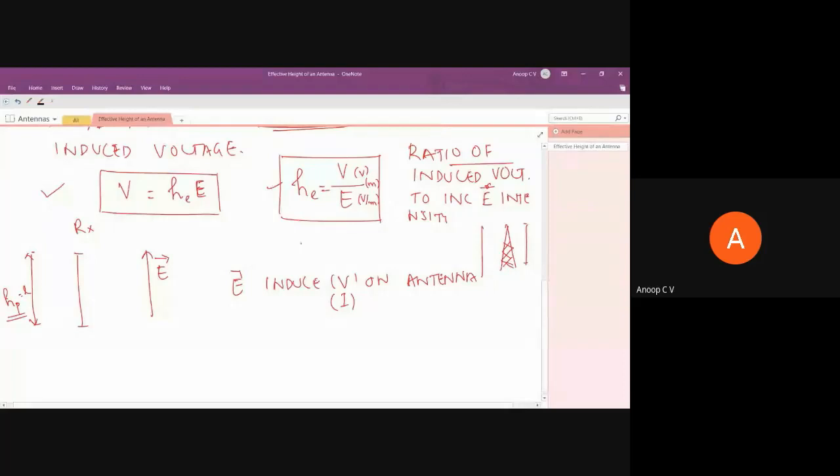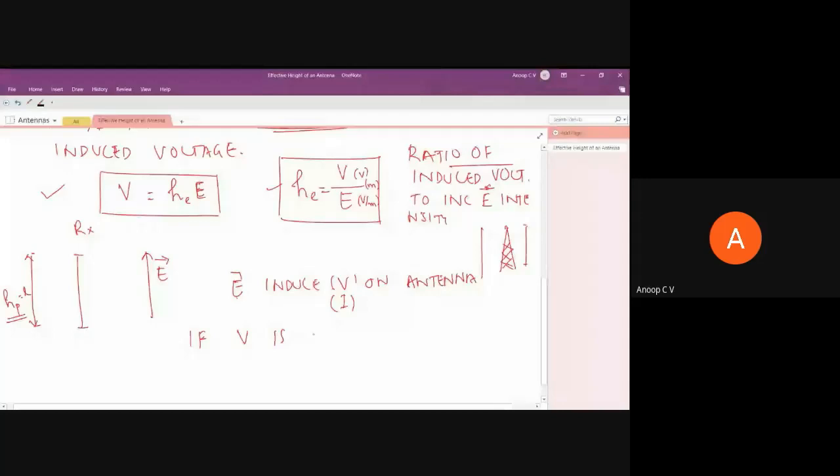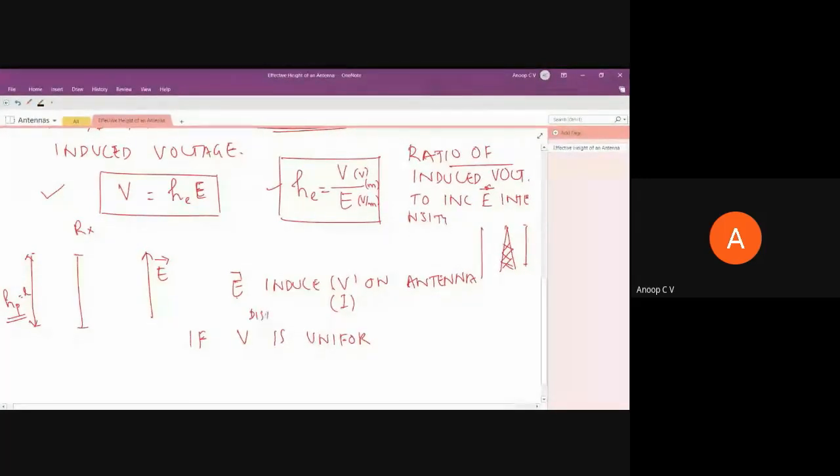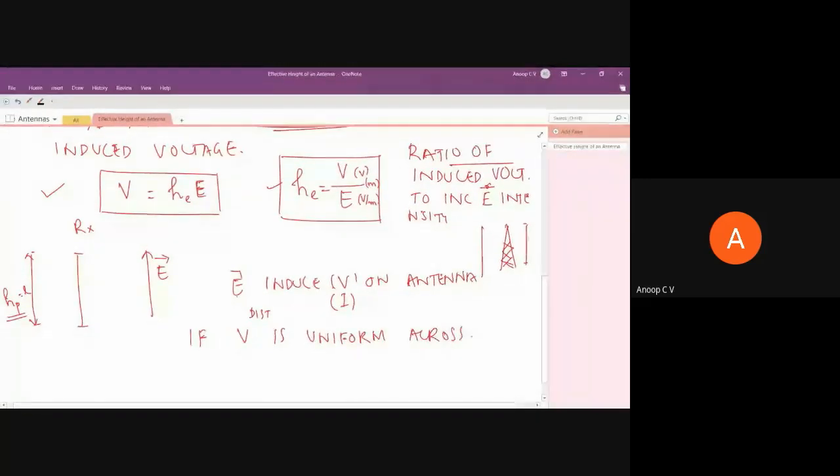So now I'm telling, if the voltage distribution is uniform across the antenna,